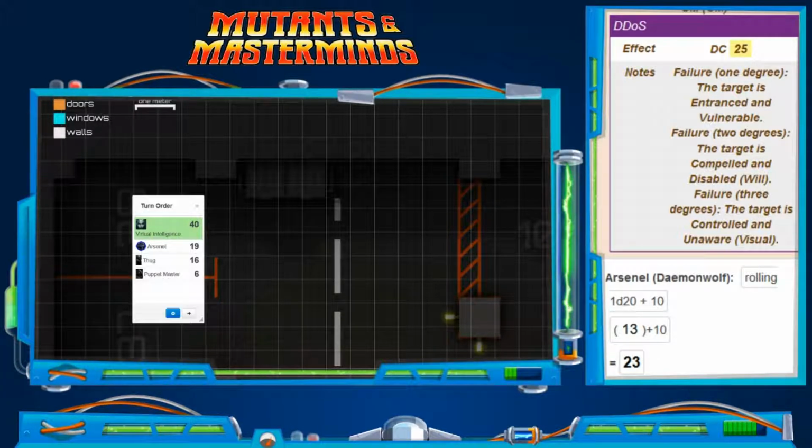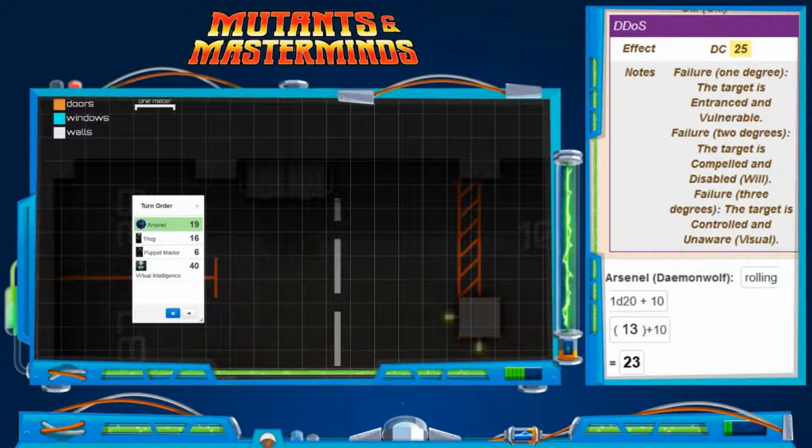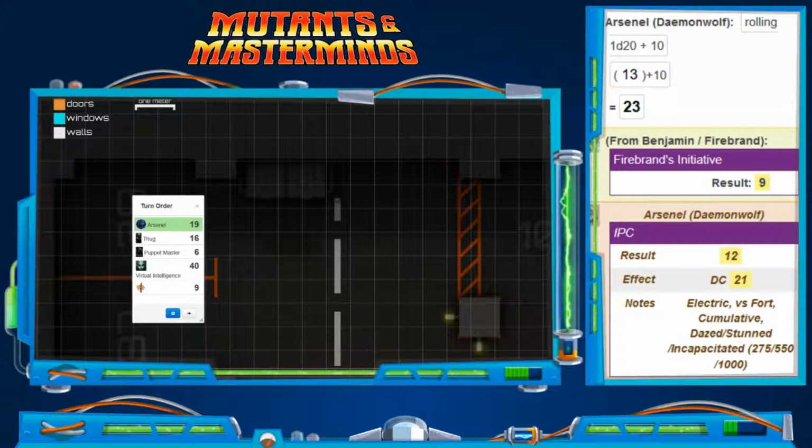Fine, we're going to do it that way. Through the comms, I am under assault. I suspect the hostages are not hostages. And I open fire with the IPC. Oof. Okay. So let's see. My newly upgraded IPC, I got a 9, guys, which means I probably missed. Okay, so let's...